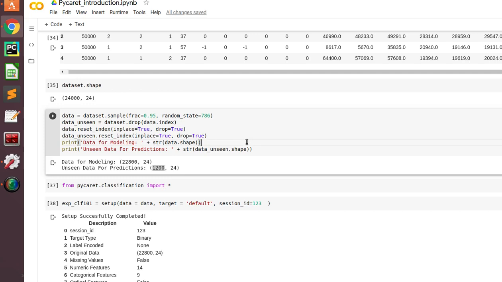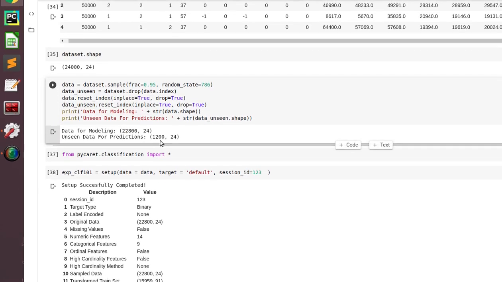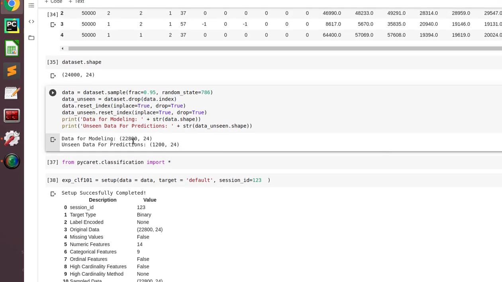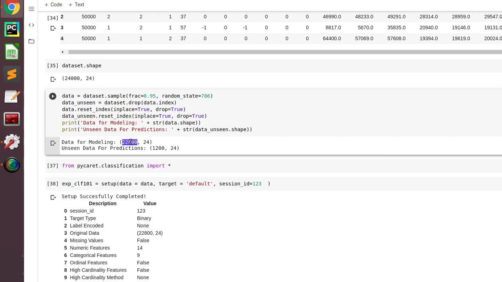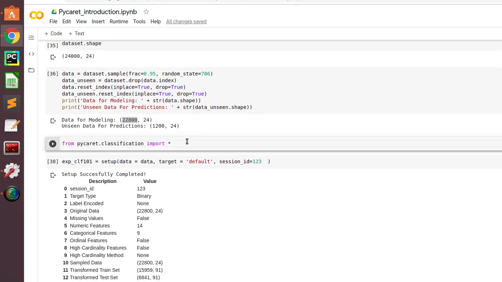We sliced 1,200 rows from the main table to use for the prediction part, and the remaining 22,800 records we will use to train the model. First, you need to import PyCaret classification and import everything from it.